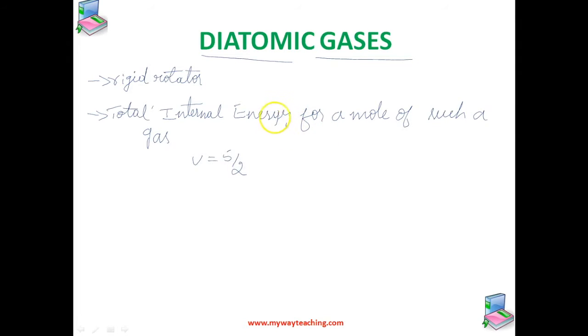5/2 kBT into Na, that is 5/2 RT. The molar specific heat at constant volume for this diatomic gas is given by 5/2 R, and Cp is 7/2 R. So the ratio of specific heats for this rigid diatomic gas is given by